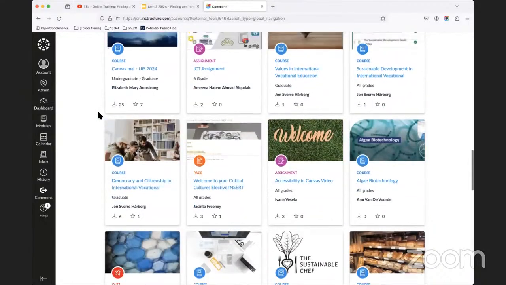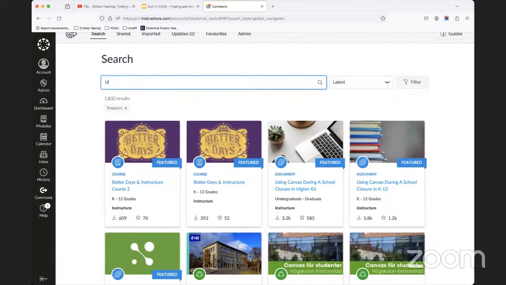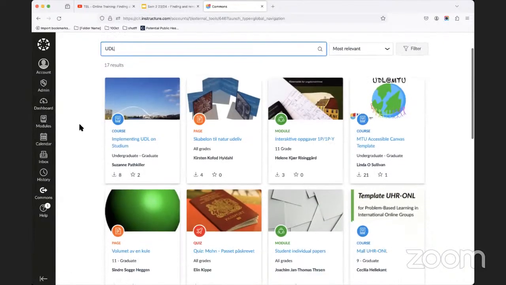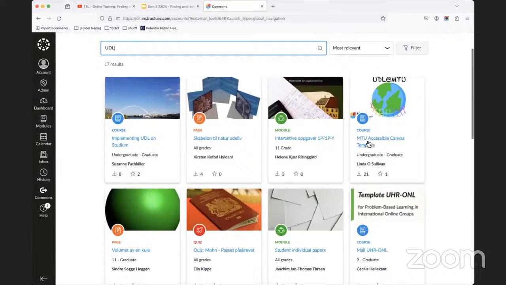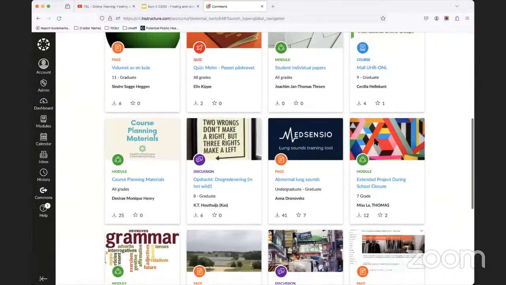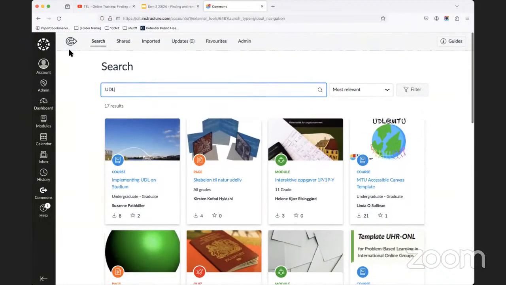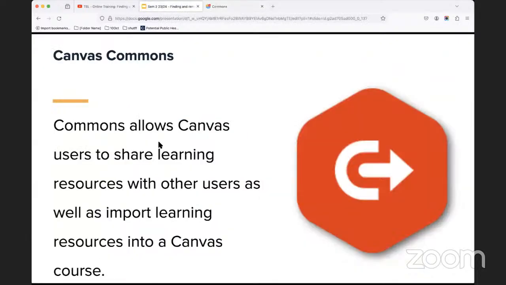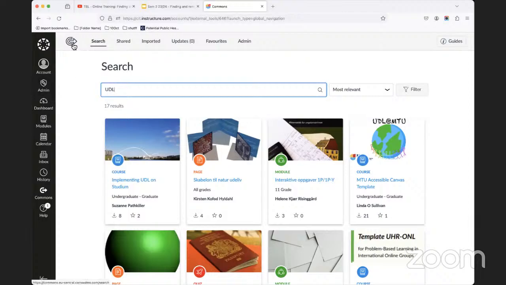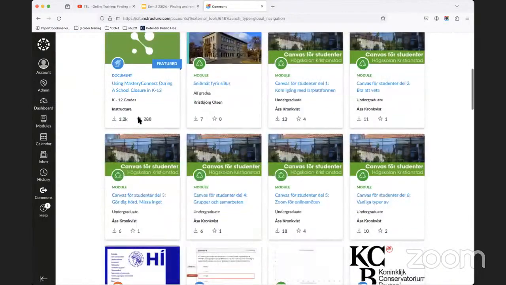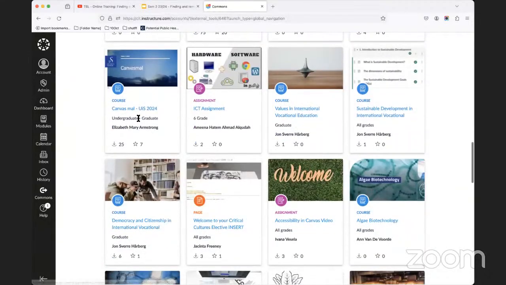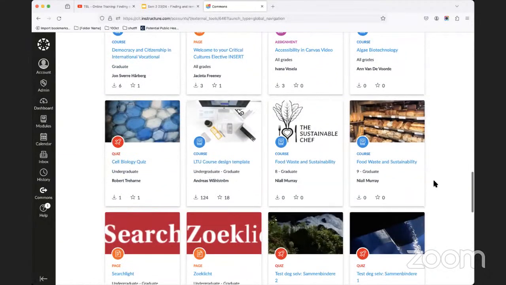For example, Linda O'Sullivan and her colleagues in the teaching and learning unit have this MTU accessible Canvas template in Commons, which can be accessed and used by other MTU staff. So Commons is a useful resource if you do want to share material more widely, or if you are looking for material to insert into your own course.